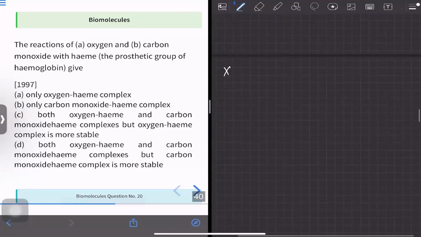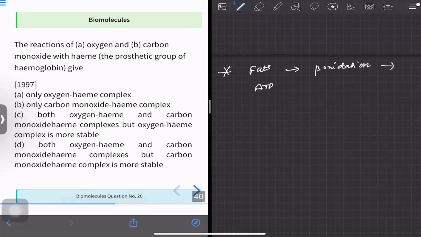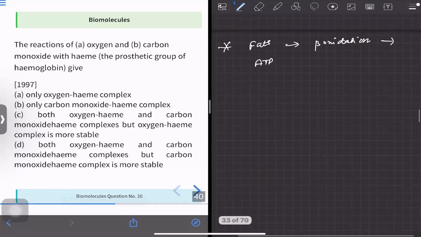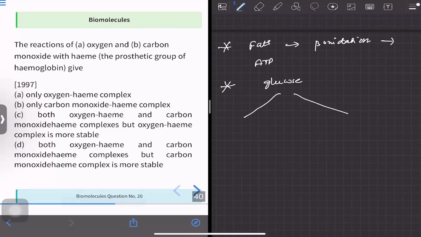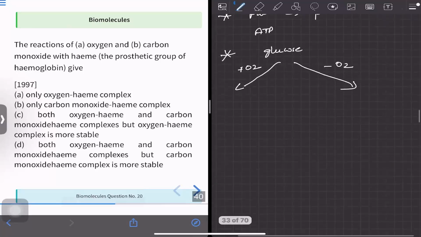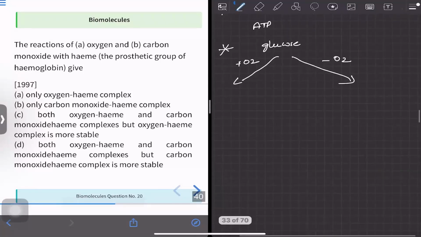Next, fats. We all know fats undergo beta oxidation to produce ATP. This is about fats. We all know that in our body the major energy source is glucose. Glucose undergoes aerobic metabolism in the presence of oxygen and anaerobic metabolism in the absence of oxygen. The first step of glucose oxidation is